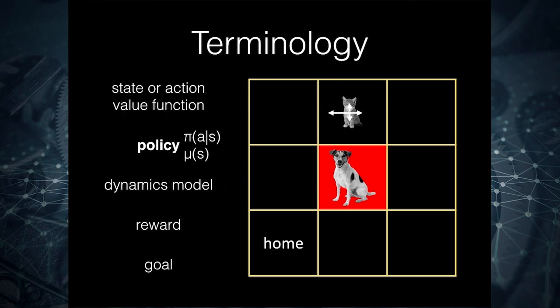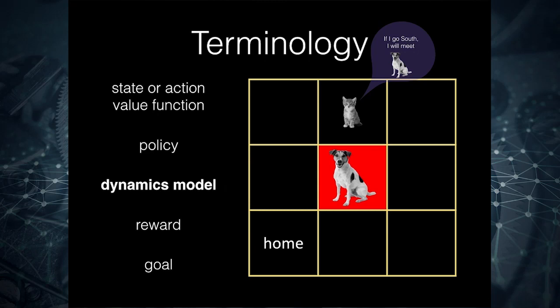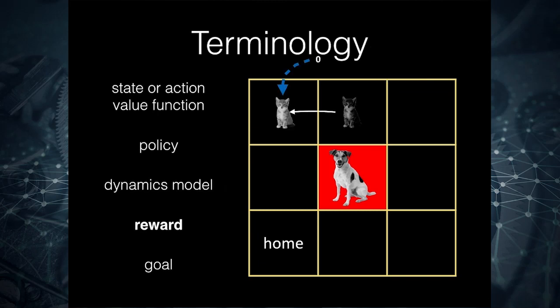It could also just learn a policy, which gives the probability of selecting an action in a state, or it could be a deterministic policy. It could learn the dynamics model. In a sense, it could imagine a bit: if it goes down, it would meet this dog here, so it shouldn't do that. So it looks ahead a bit. It gets an immediate reward at every step, which is usually 0, or sometimes negative. It has to maximize the sum of these, usually a discounted sum, where the discounting takes care of how much the agent takes into account the horizon of the problem. Would it favor short-term rewards over long-term?